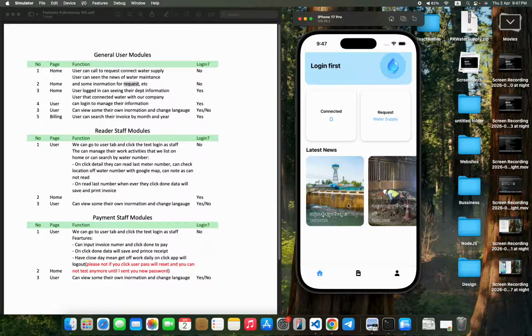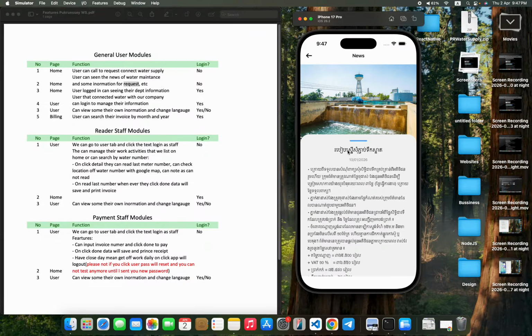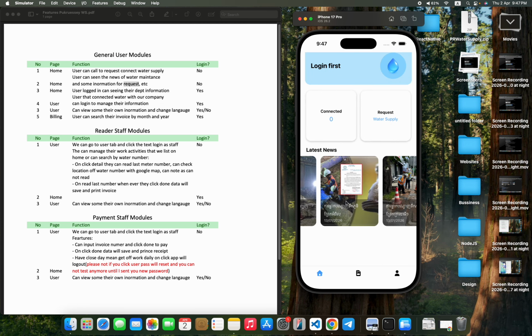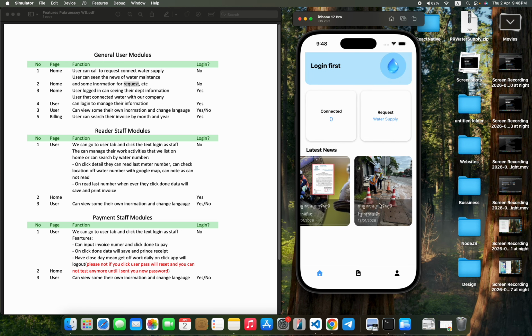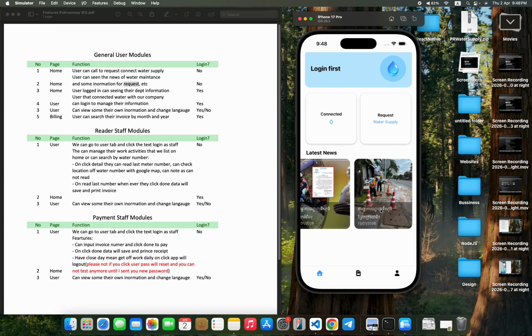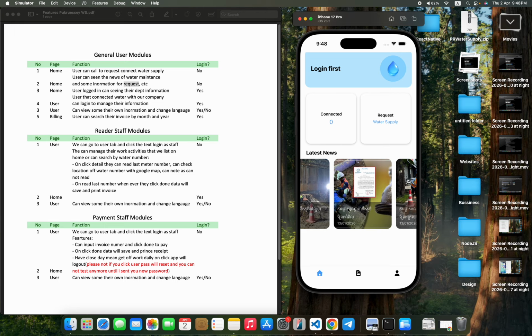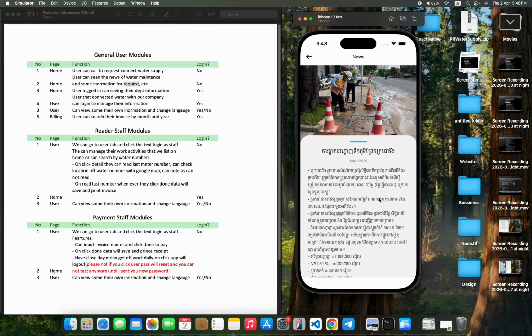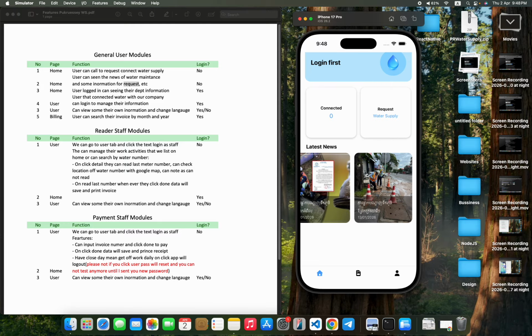This one is news about water supply maintenance, but it is in our language, Khmer. So we post news to announce to customers. They can know, oh, the water's cut off or there is some maintenance like that. So the news will be posted by our staff from the admin also.